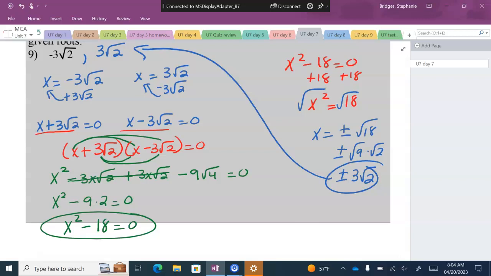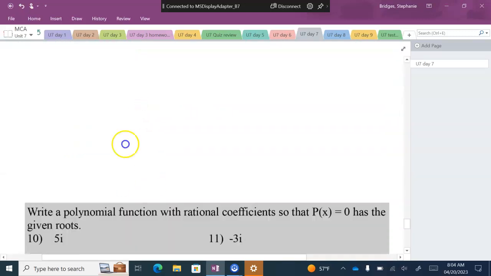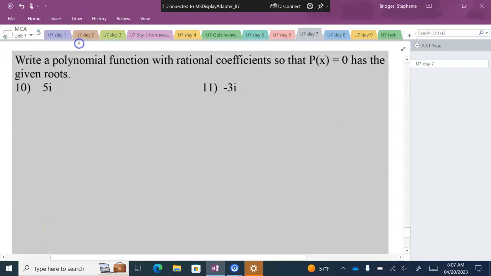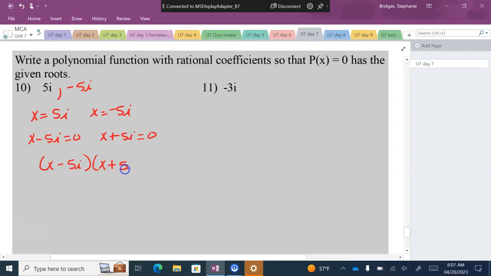Make sense? All right, I want you to try these last two. Again, if it has an i in it or a square root in it. If 5i is a solution, what else is a solution? Negative 5i. We're going to set each one equal to x. We're going to turn them into binomials by moving that i over with the x. Then we take those 2 binomials, we put them in parentheses to be multiplied together. That's x squared plus 5ix